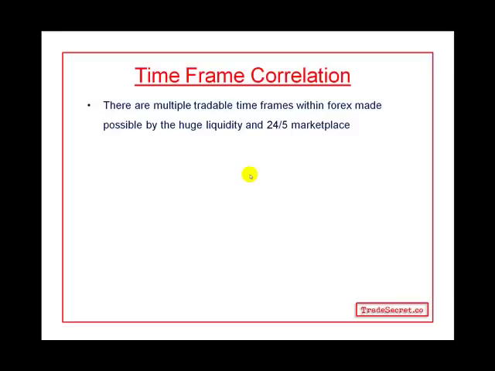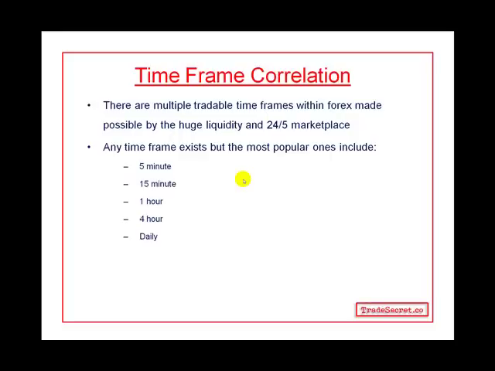So there are multiple tradable time frames within forex, and this is basically because of the huge liquidity and the fact that the marketplace is pretty much always open bar weekends. So we're not restricted to the higher time frames. We can go all the way down, in fact. It's possible to go all the way down to ticks and 1 minute time frame charts, but really the most popular tend to be 5 minutes, 15 minutes and 1 hour. Those tend to be the most favourite short-term periods, and then we can go up to 4 hour and daily and even weekly if you're so inclined. But really, in my experience, 5 minute, 1 hour, 4 hour and daily tend to be